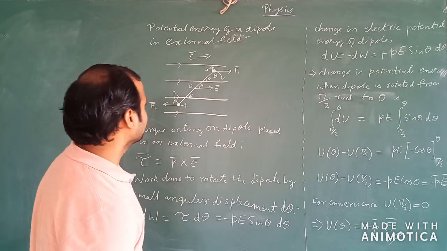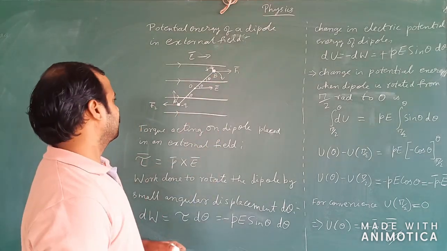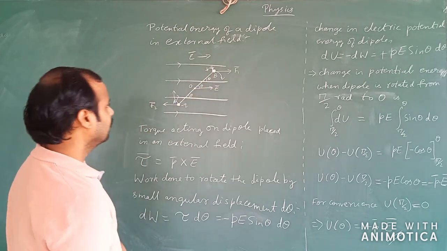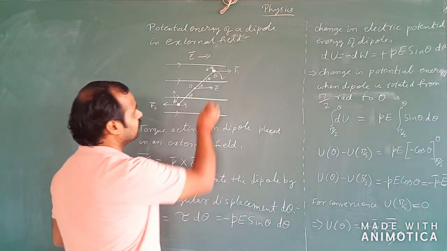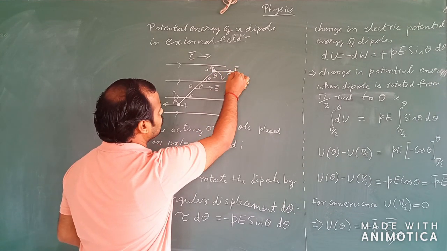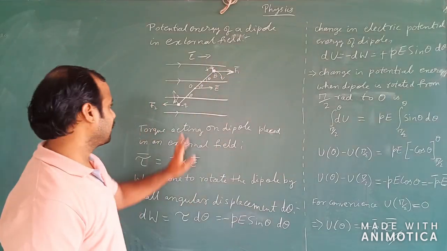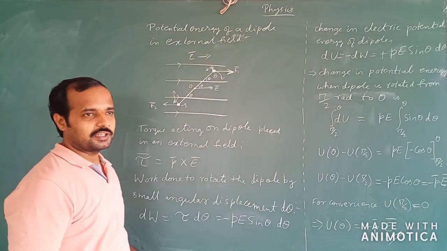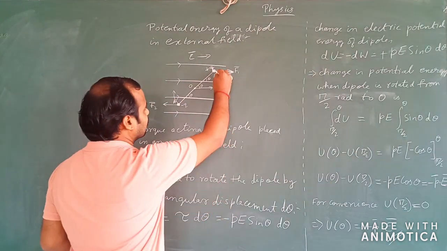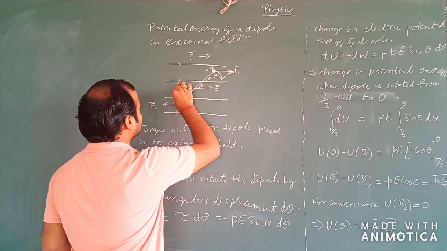an unknown source, and we will take an electric dipole AB with negative charge at A and positive charge at B. We will find that the positive charge experiences a force due to the external field in the direction of the field, whereas the negative charge experiences a force opposite to the direction of the field, and hence there is a rotation created in the dipole. That is, the dipole is rotated,